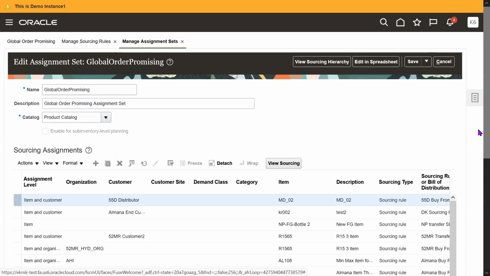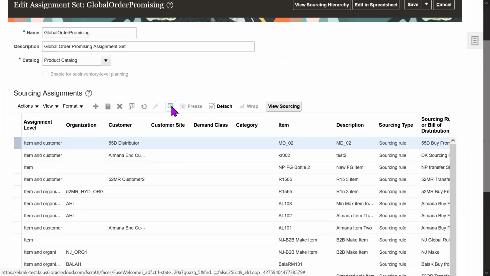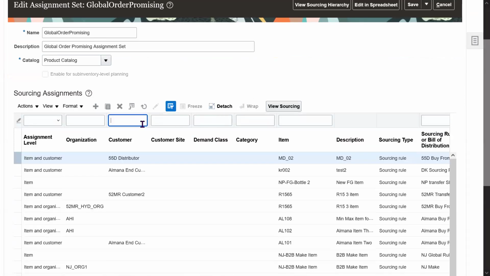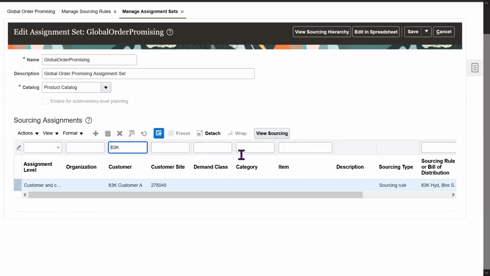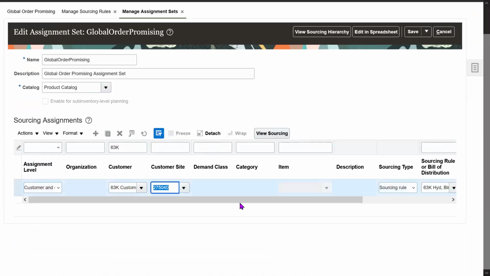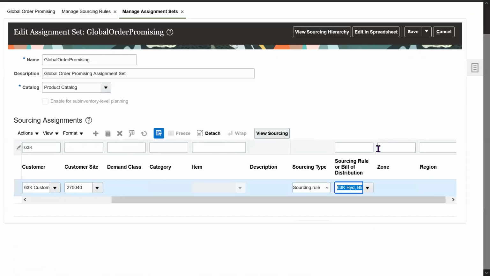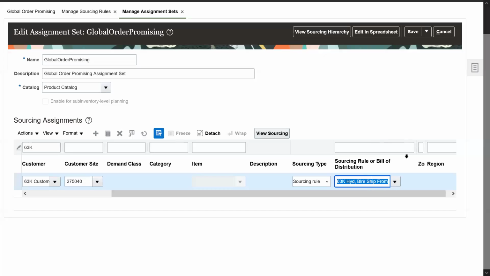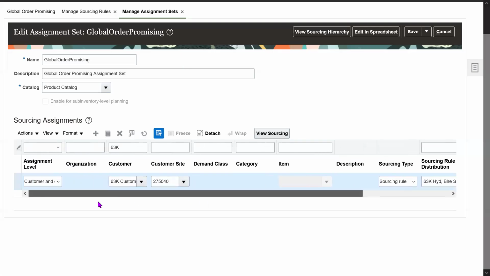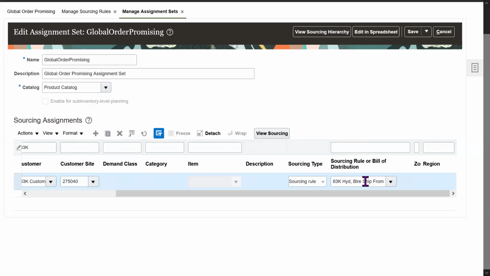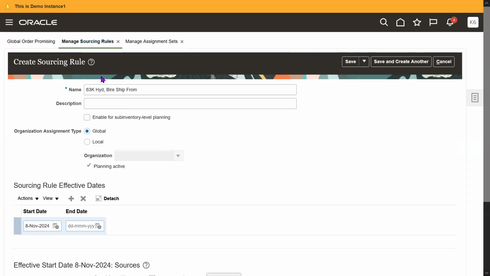So what I just did: if the customer location is the Hyderabad or Bangalore location, then we are calling this Hyderabad BLS ship from sourcing rule. As per this sourcing rule, if you place an order for this customer and especially for this location, it's going to call this sourcing rule. And if you go to this sourcing rule,